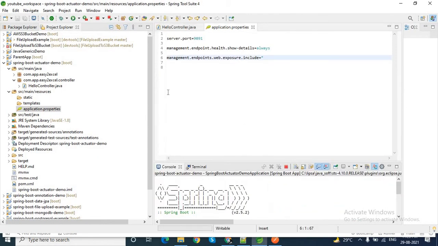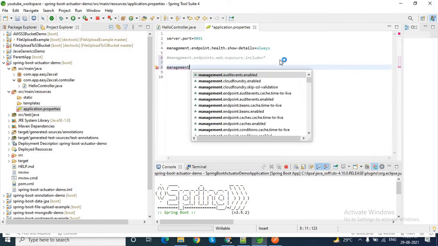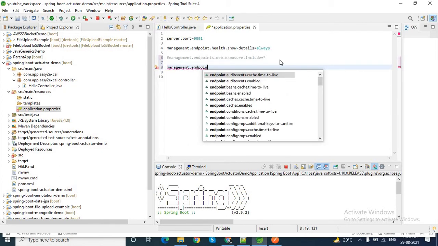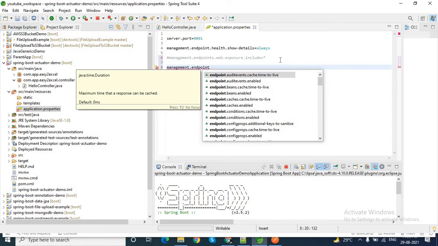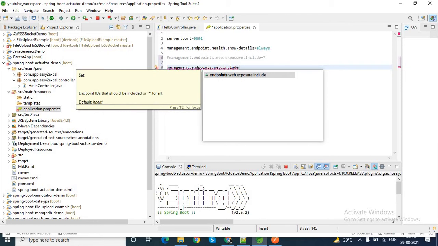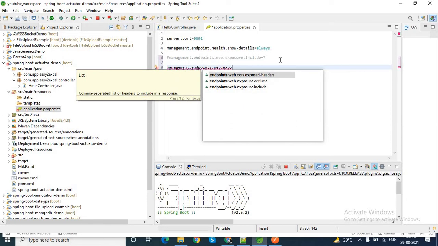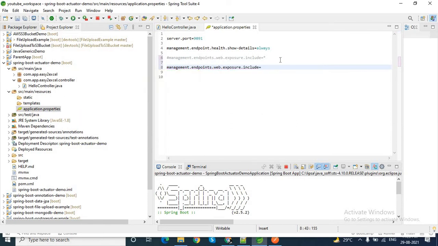So let me just comment it out and show you. You can use it like this: management dot endpoints dot web dot exposure dot include is equal to, let's say you want to expose only info and env.